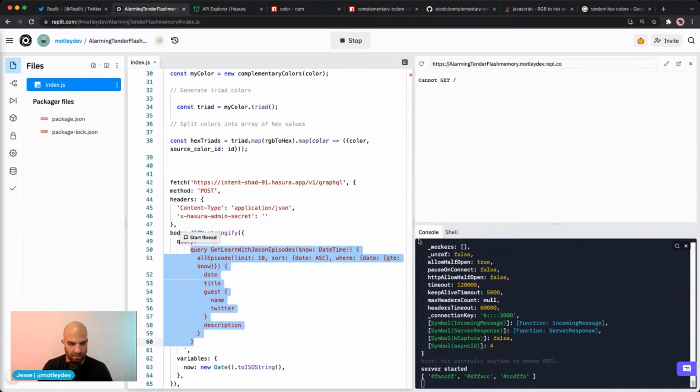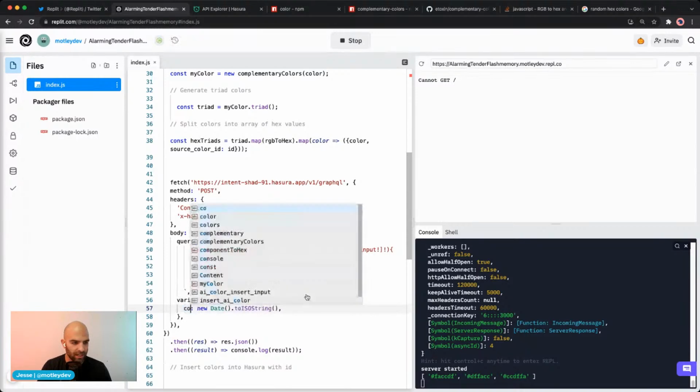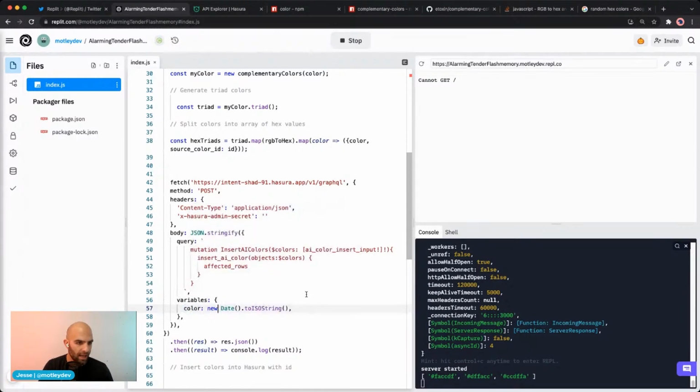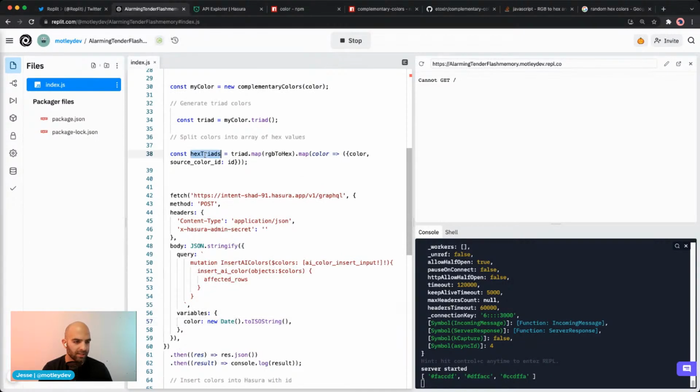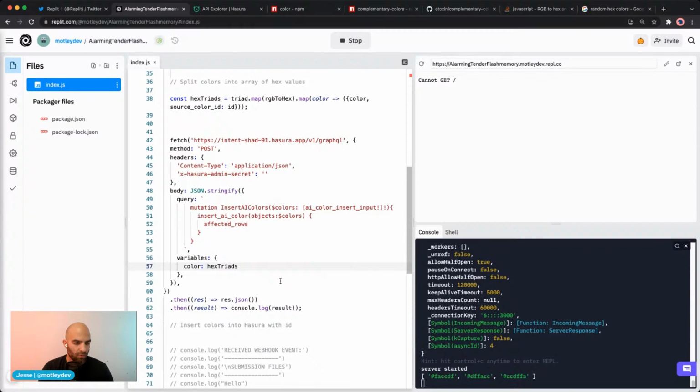is this one. A little dose of prettier here would go a long ways. And then we're going to pass in our variables, which is color. And we used the hex triads as our payload here. Okay, so if we get a result, the JSON. So the final thing we're going to do then,